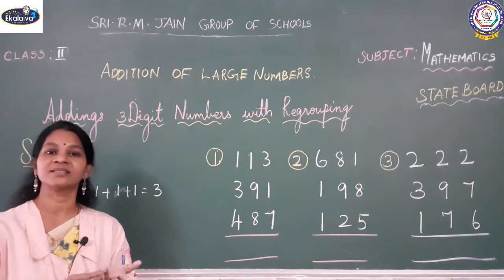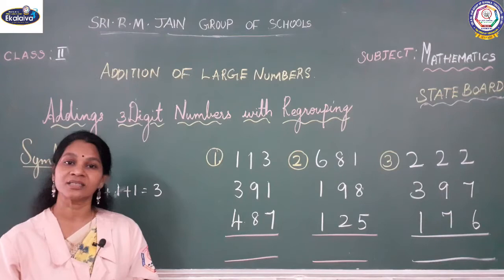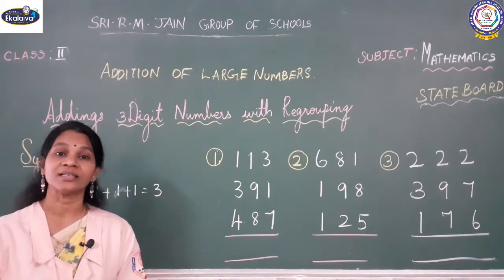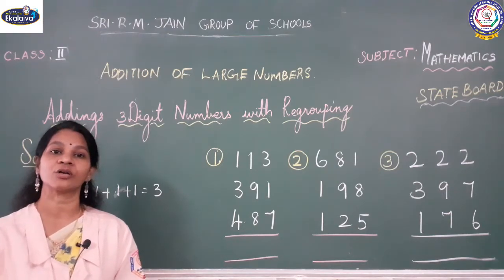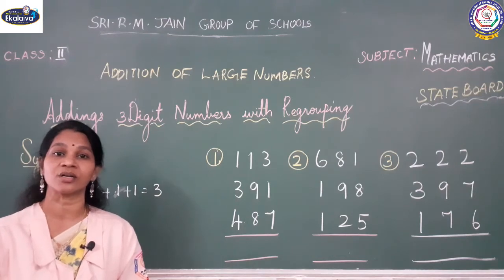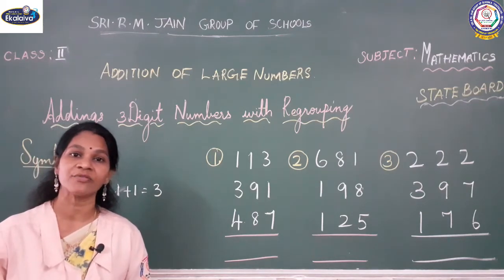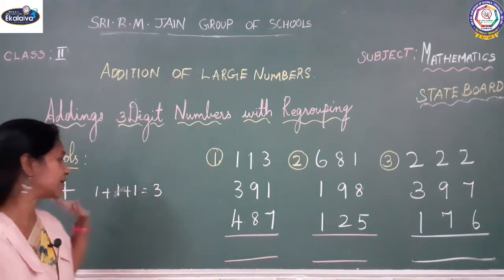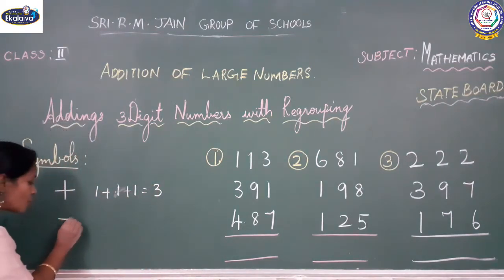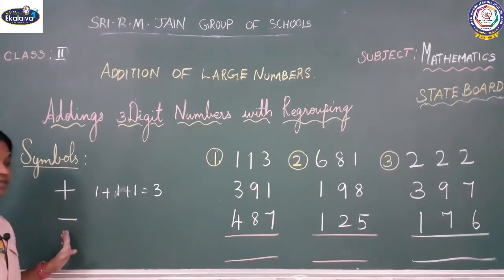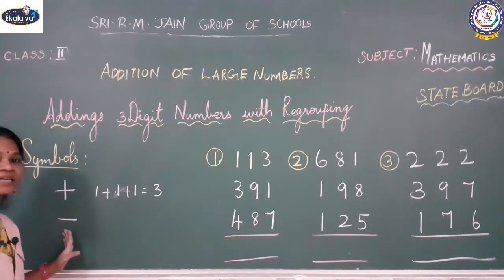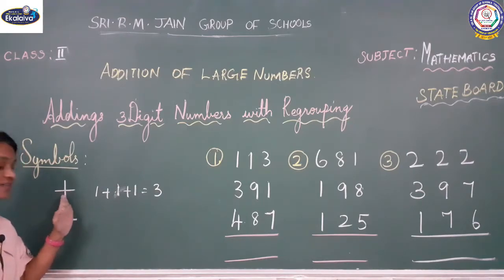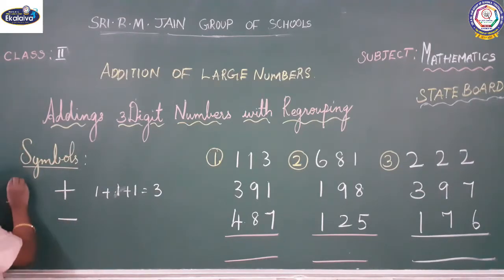See, your father is giving one chocolate, your mother is giving one chocolate, your grandfather is giving one chocolate, your grandmother is giving one chocolate. Totally how many chocolates you are having? 4 chocolates. Okay, that is add. This one, what sign is this? This is subtraction. You are going to minus in this. This is adding, this is subtracting.